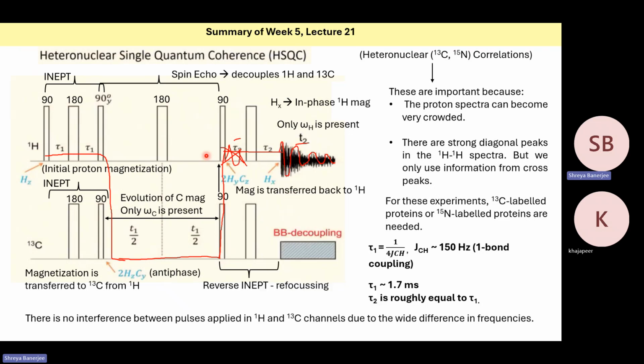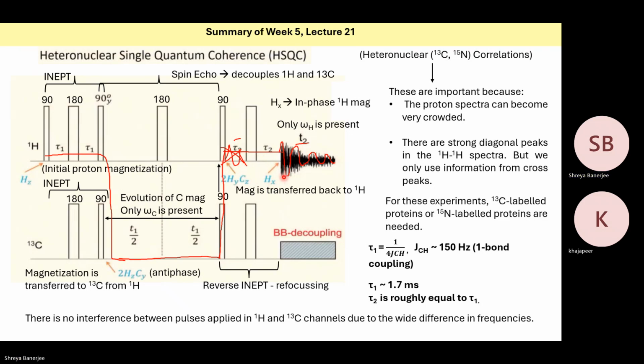This is because we want the magnetization. So this kind of two component magnetization terms are called antiphase. We want the magnetization to come back to in phase. That is, it will only have one term like Hx. Only then we can detect the magnetization properly, because this kind of in phase magnetization is due to single quantum